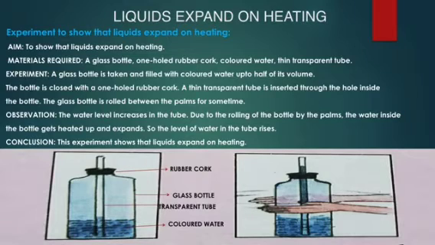Due to the rolling of the bottle by the palms, the water inside the bottle gets heated up and expands. Since you are rolling the bottle with your palms, heat is generated, and due to that the water inside the bottle gets heated and expands. So what happens? The level of water in the tube rises. You can see the difference in the first picture and the second picture. The level of water in the tube in the first picture is less, whereas in the second picture,